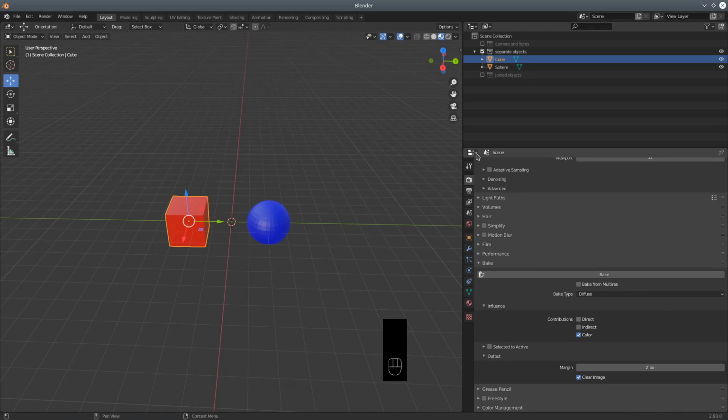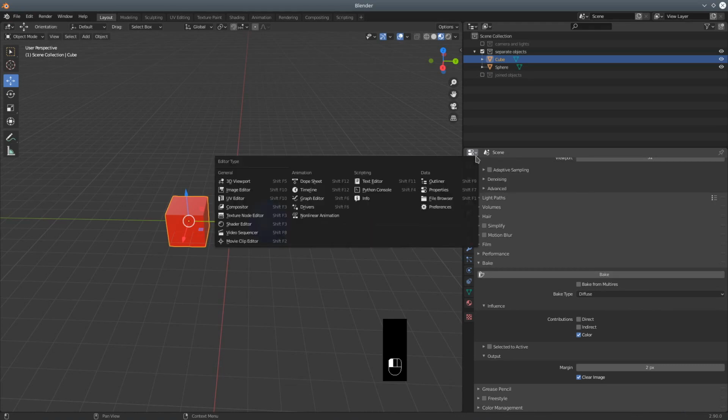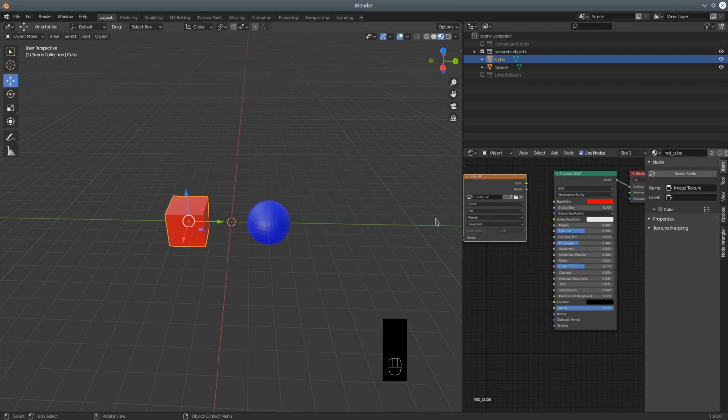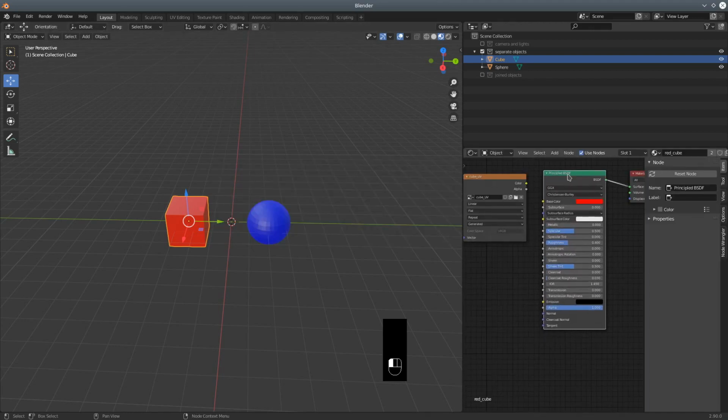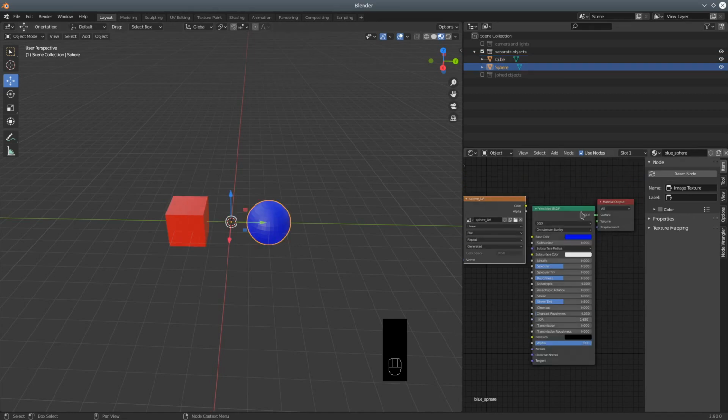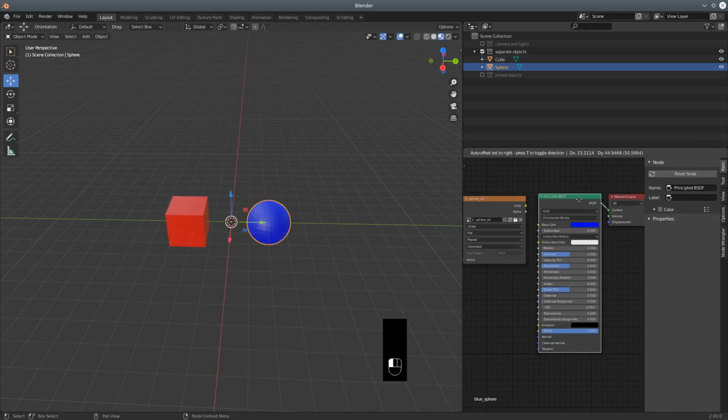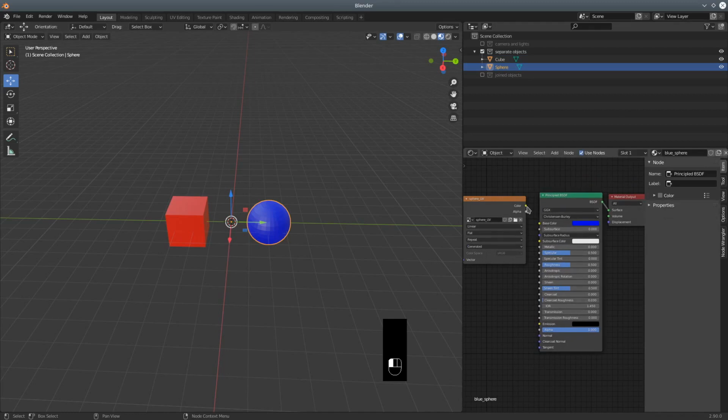Let's go back to the shader editor. So in the shader editor, you can see that we've still got our material applied to the red cube, and if I just undo that, you can see there's no material on it. But now what we're going to do is hook the cube UV map into that material, and then reconnect that to the output node. We need to do the same for the sphere,